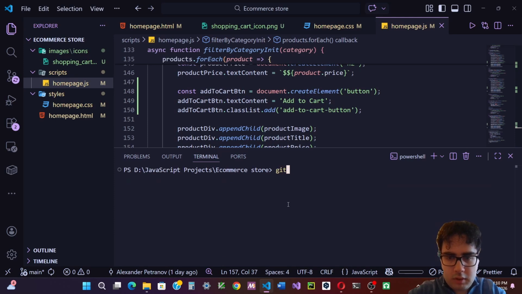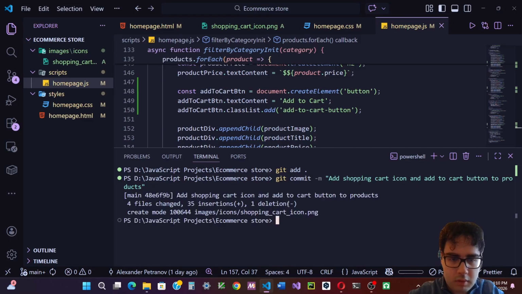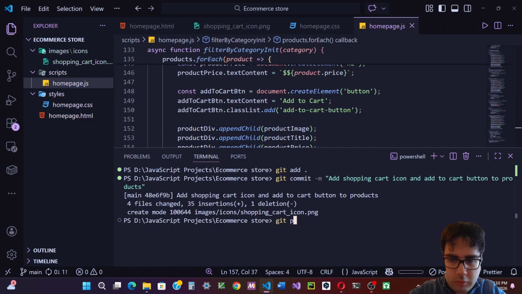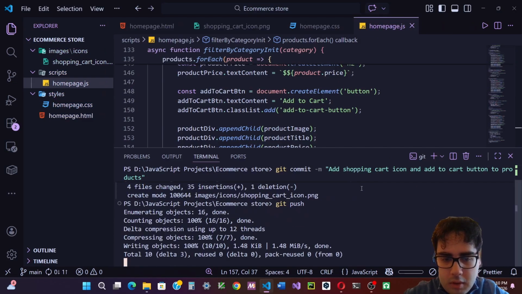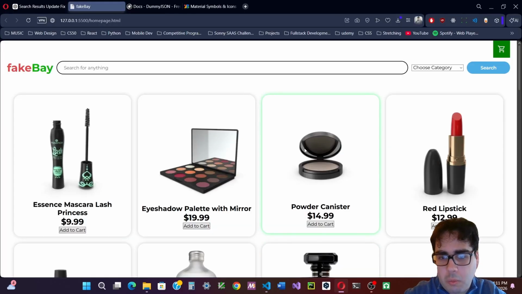So we're gonna git add, git commit, add shopping cart icon, add to cart button products, git push. Okay, and now